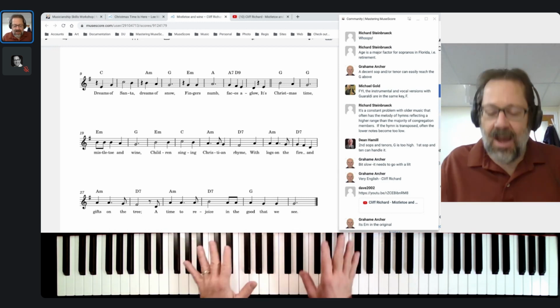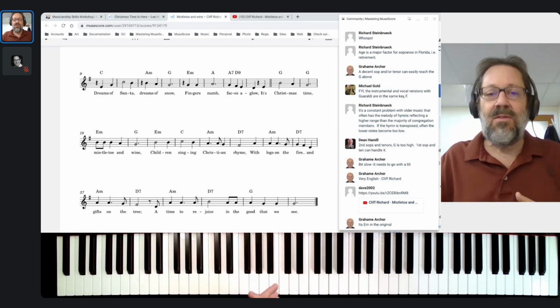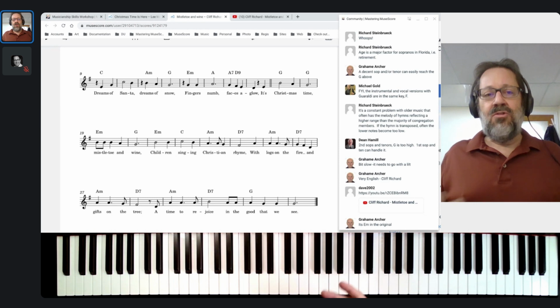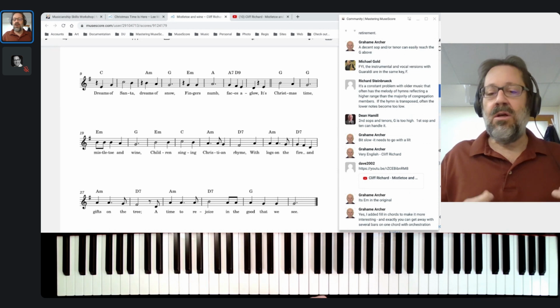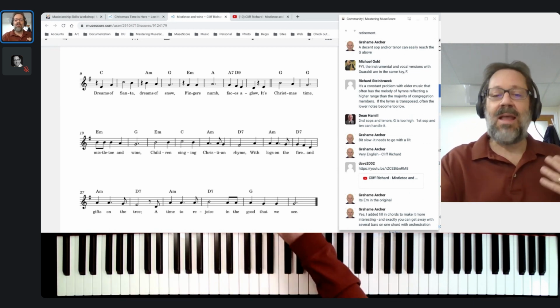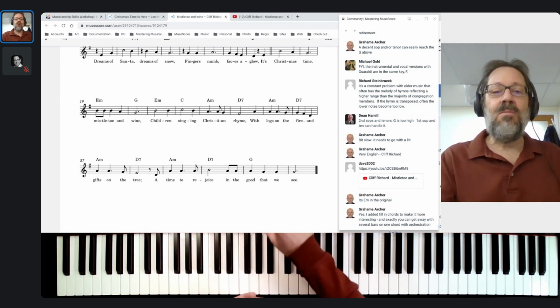So this idea of finding alternating 2-5, that is what I talked about in this week's lesson, that a 5 can be expanded to a 2-5. And I talked about doing it if it sounded like you needed it. Here, I don't know that you need it, but I think it was a good call. So I totally feel like that was the right call, and that was a good example of something that's going to be a good